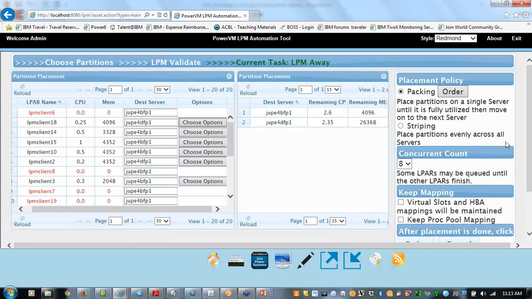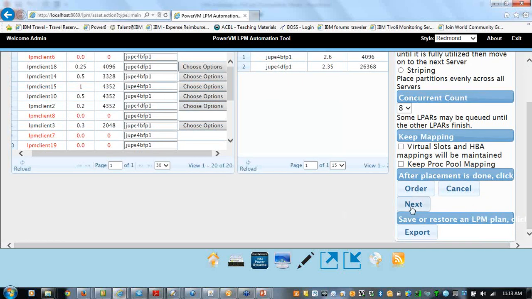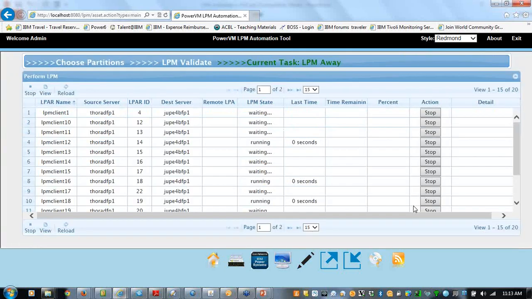Okay, so I've shown you all the features. So I'm going to start a migration now. Then we're going to go back to this chart deck because it might take 10 minutes to migrate all this stuff. So I'm going to go ahead and hit next.